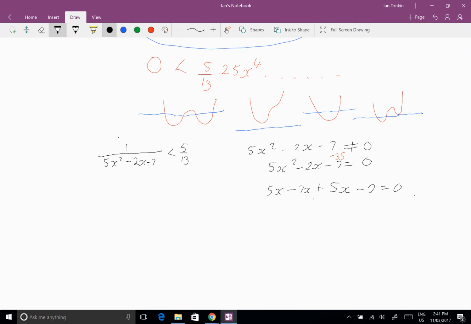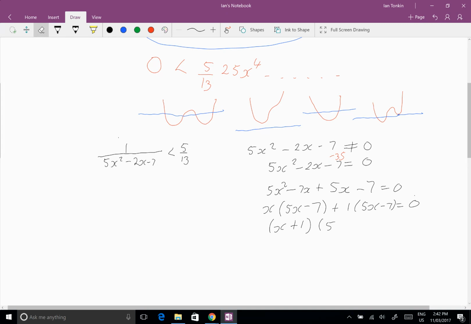Group in pairs, so we'll pull x outside of that, and we'll get 5x minus 7, plus 1 outside of 5x minus 7. And then I get x plus 1 and 5x minus 7